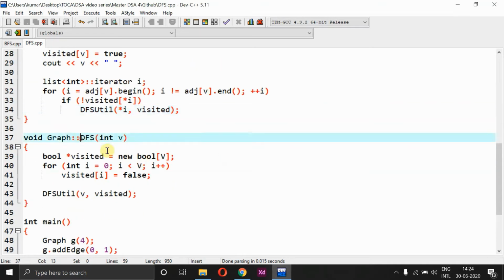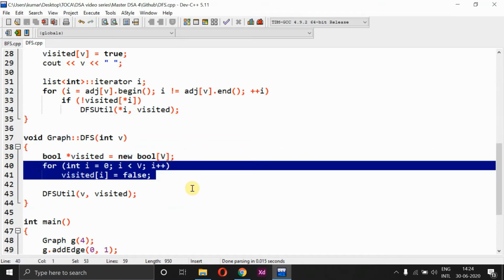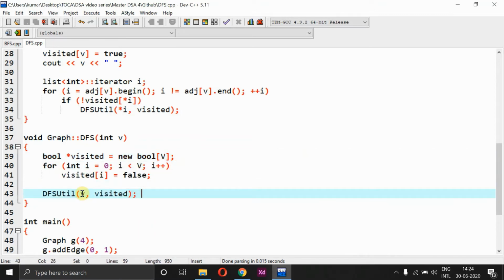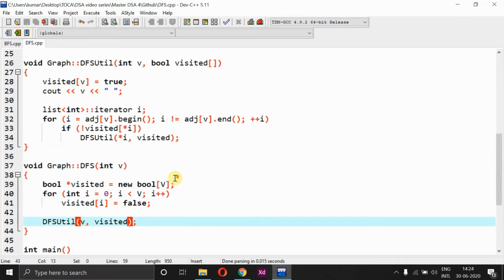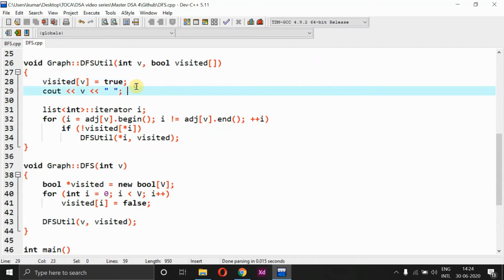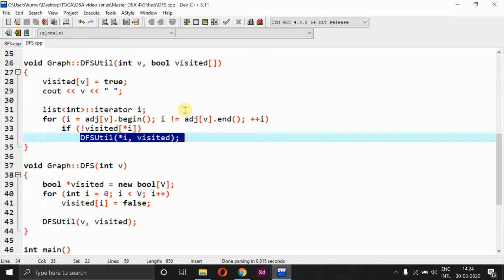And the next thing is, when it comes to the DFS method over here, I have created an object called visited, in the format of an array, and by default everything is given as false. Then I'll be passing the methods, getting my v, that is the vertex, as well as the visited. So by default the entire set of objects will be passed, and also the vertex. And when I come back here, the very first vertex will be considered and modified as true, and I am going to print the first value, and then we set an iterator. Based on this it works like a recursion again and again, and at last we give back all the values and stop the program execution.